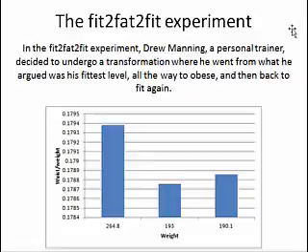Now, there is an experiment called the Fit to Fat to Fit experiment, where Drew Manning blogged about this extensively and received quite a lot of media exposure. Drew Manning, a personal trainer, decided to undergo a transformation where he went from what he argued was his fittest level all the way to obese and then back to fit again. His fittest level was at